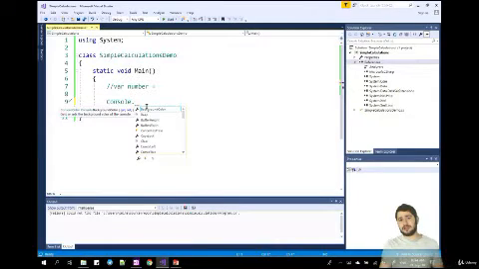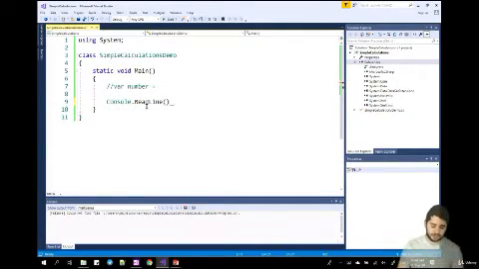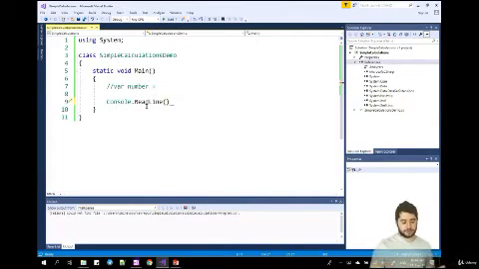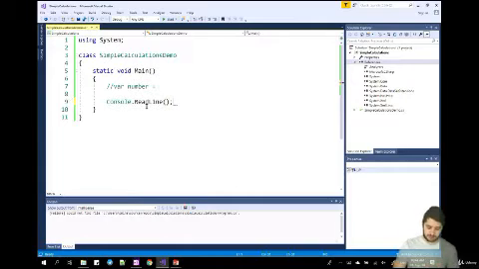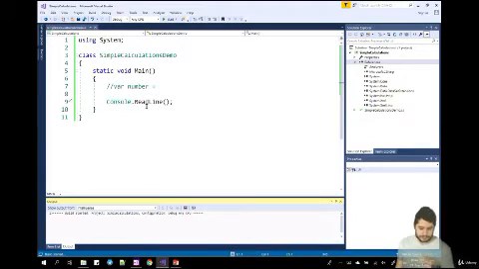Now, we're not going to make holes in the wall this time, but we're going to write something on the terminal. And so we can use the tool called console and then invoke a method called readLine. ReadLine is a method which reads a line from the terminal. This is the command I want to write, and now I click semicolon. Okay? And that's it. Now, if I run this program,